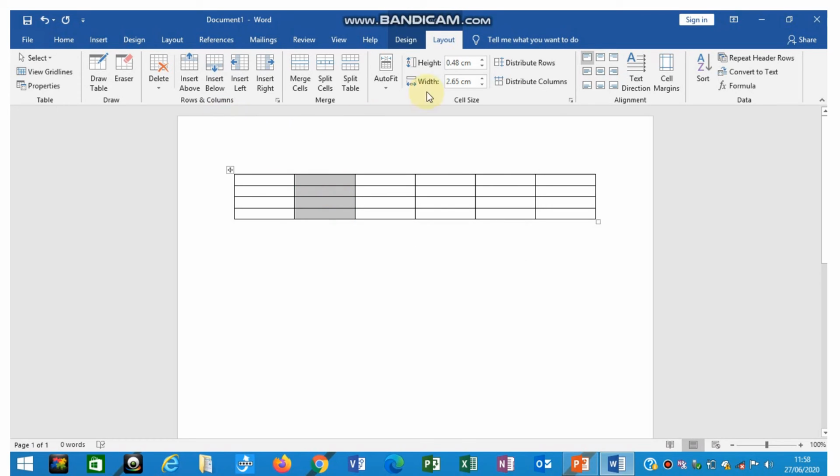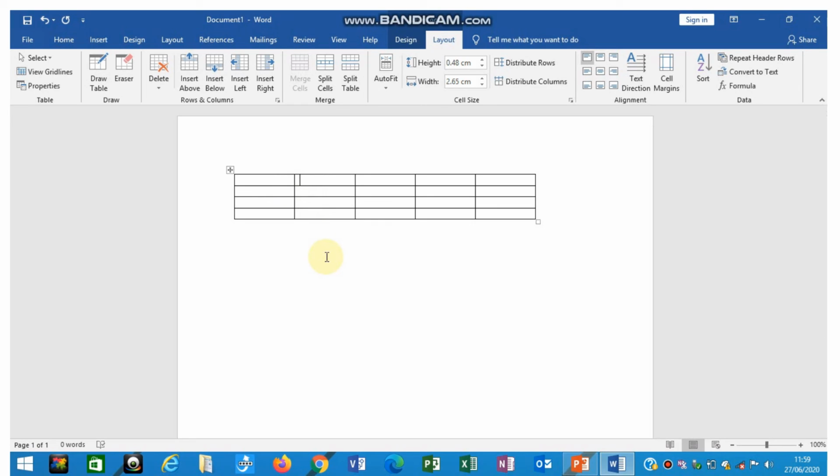to follow. After selecting, under the table tools option, this layout tab, here you have to click the delete option, and under that drop down tab, you need to select delete columns. Okay, we want to delete a column, so you need to select this delete columns. After selecting that, you can see that one of the columns in the table is reduced. That second column has been deleted. Fine. In this way you can delete any of the rows or any of the columns.